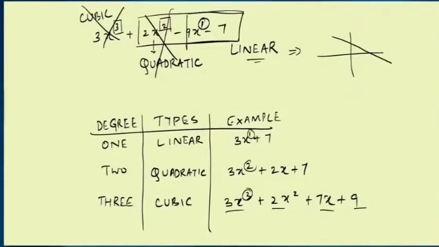So types of polynomial, coefficient of the polynomial, degree of the polynomial, coefficient of the variable in the given polynomial, and the degree of the polynomial. On the basis of degree, we can divide the polynomial into 3 categories: linear, quadratic, and cubic. Linear means 1 degree, quadratic means 2 degree, and cubic means having 3 degree. Okay, so these are the components of the polynomials.